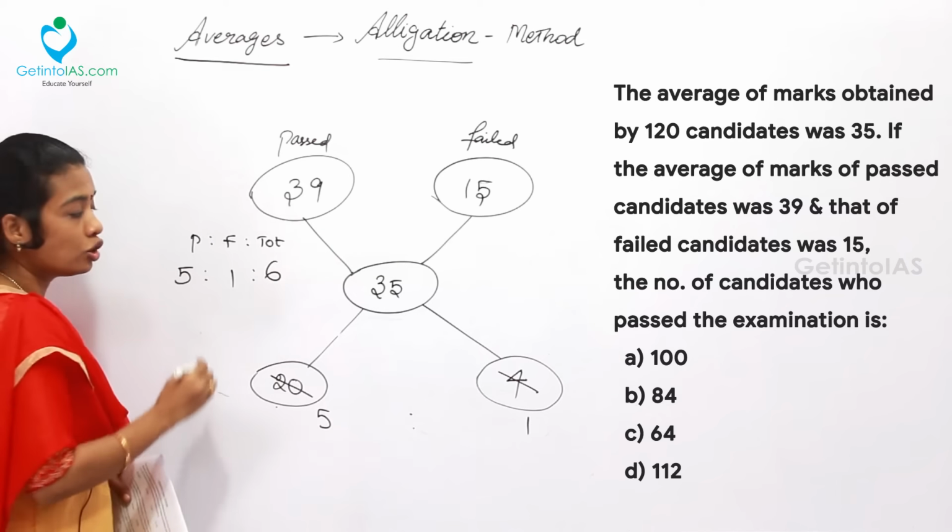The next problem: the average salary of the entire staff in an office is rupees 120 lakh per month. The average salary of officers is rupees 460 lakhs and that of clerical staff is rupees 110 lakhs. The number of officers is 15. Find the number of clerical staff in the office. The same alligation type can be used to solve these kinds of problems.